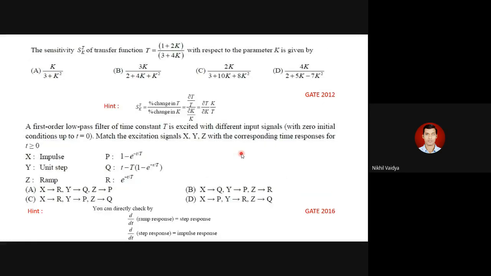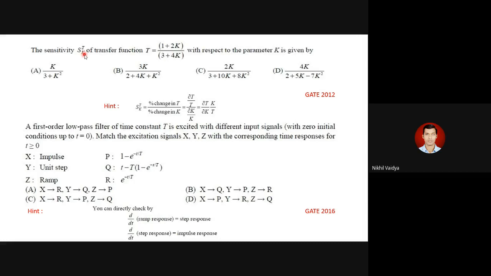Okay, so now we have two more questions displayed on the screen. We will have the first question here. The sensitivity S of T to K. Now what is S_T^K? T is one variable on which the sensitivity depends, and K is the other variable. So yesterday we had seen the example of temperature, room temperature in the AC.